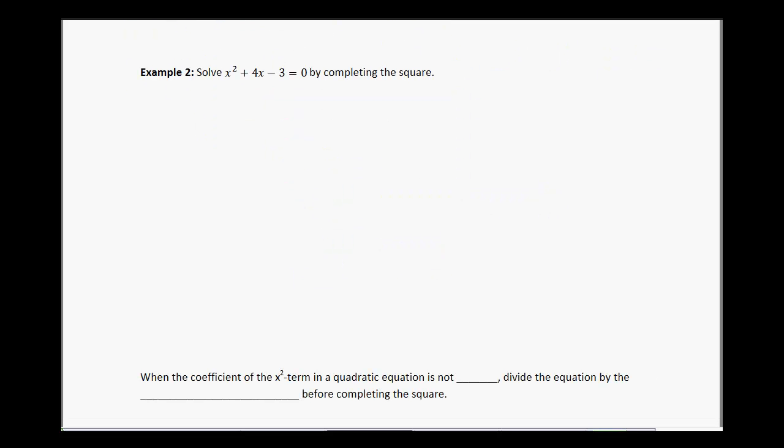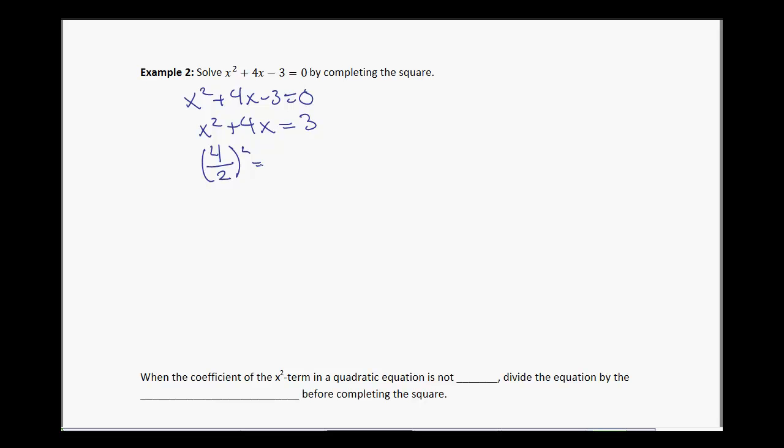Example 2 wants us to solve x squared plus 4x minus 3 equals 0 by completing the square. So let's do our steps. We have x squared plus 4x minus 3 equaling 0. Our leading coefficient is already 1. So now let's move our constant to the other side of the equation, and we get x squared plus 4x equals 3. Now we have to complete the square by taking 4, dividing it by 2, and squaring it,